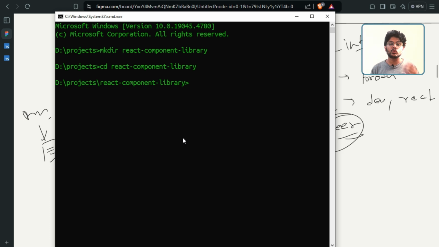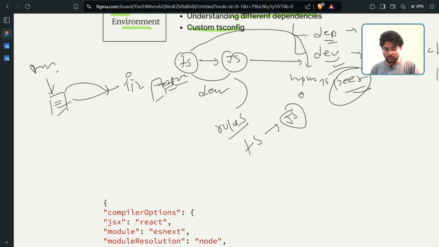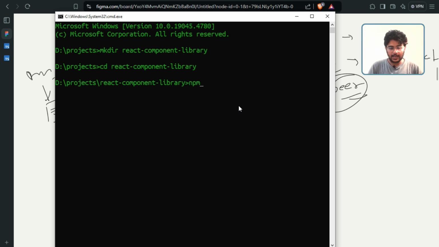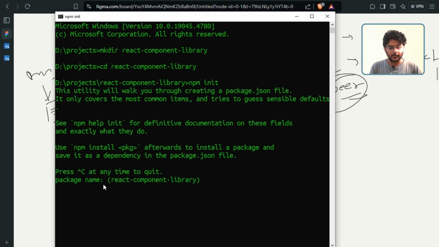Here what I would like to do is to initialize a very simple npm package with the help of npm. Alright, so we know that in order to do that, we need to use this command npm init. This command init is going to help us initialize a simple package. Okay, so let's do that. Npm followed by init. Now it will ask us few questions. So what would be the name of project? So we are going to use this default name and the version. Here we can give a small description like this is a React component library